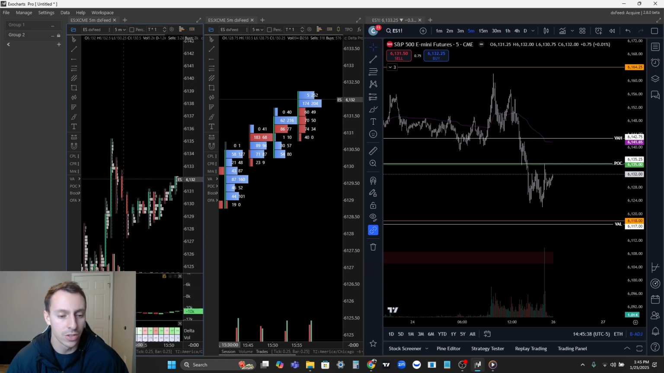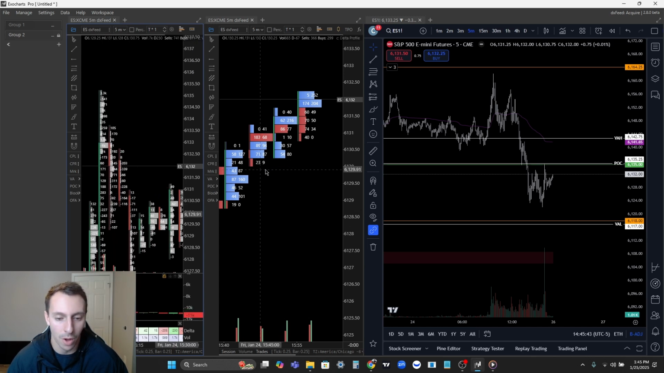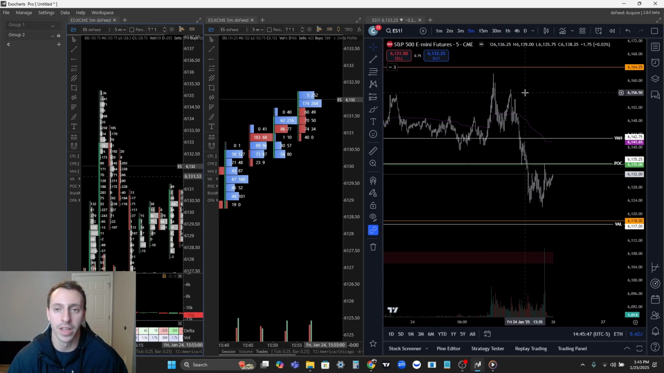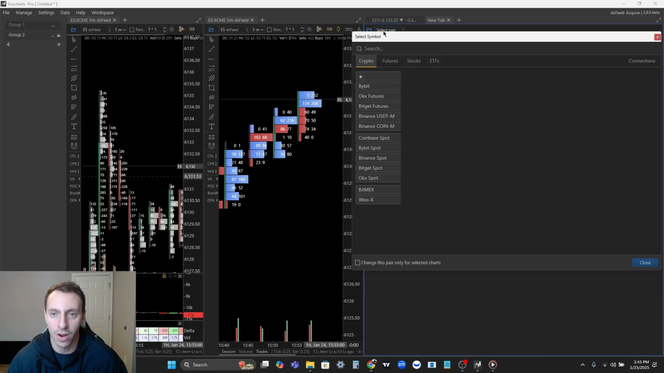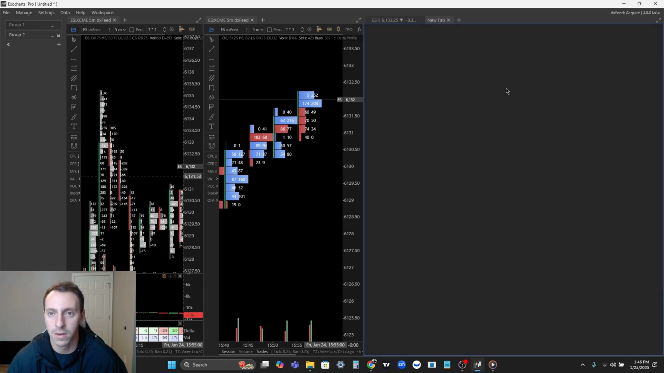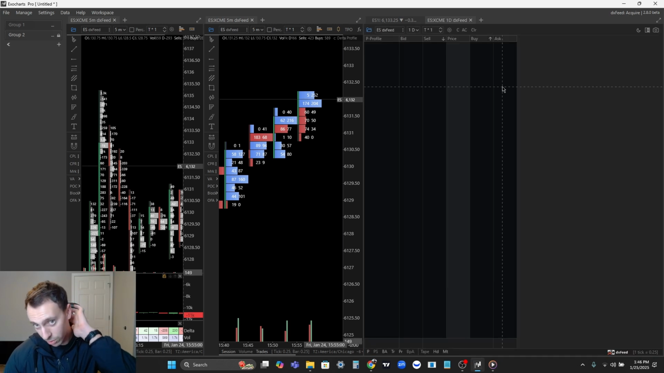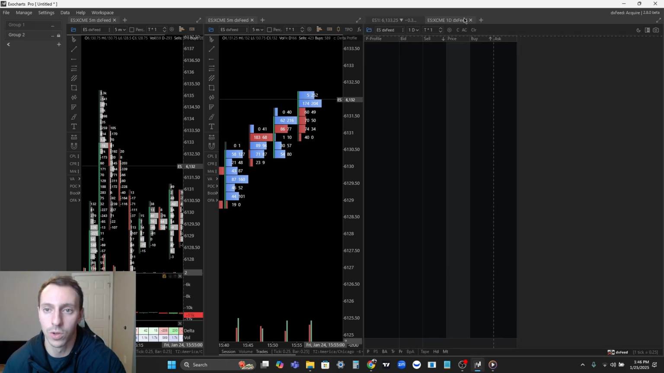So these are the two indicators that I use. This is our delta footprint again, volume footprint, TradingView chart. So the only thing left to do now is open up a DOM. So you're gonna press this plus button right here, and then click on DOM, and then we're gonna select our pair. So go on your futures, favorite, ES. And now we're gonna get our DOM pulling up. All right, so once you get that,